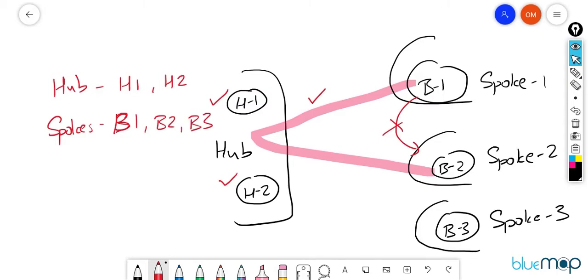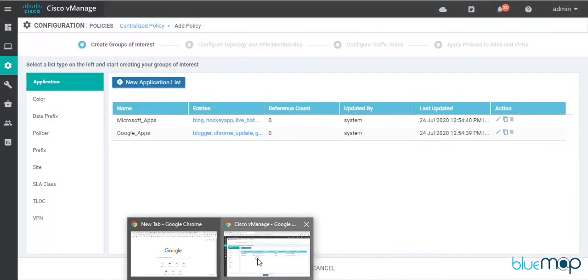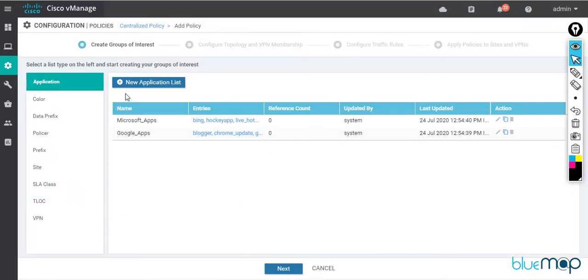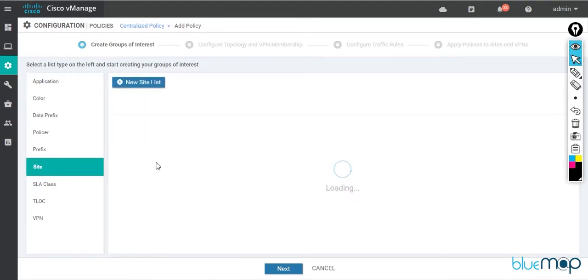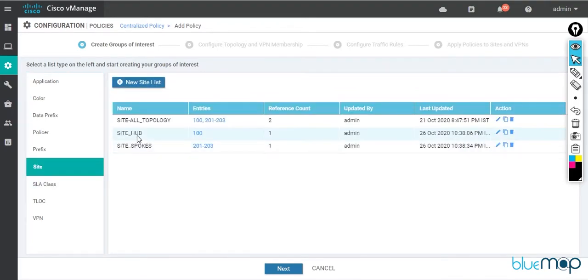Okay, so let's go back and do that. I'll go to groups of interest. I'll create a site list. I've already done that. So I have a site hub, which is site 100, and site spokes, which is 201, 202, and 203.